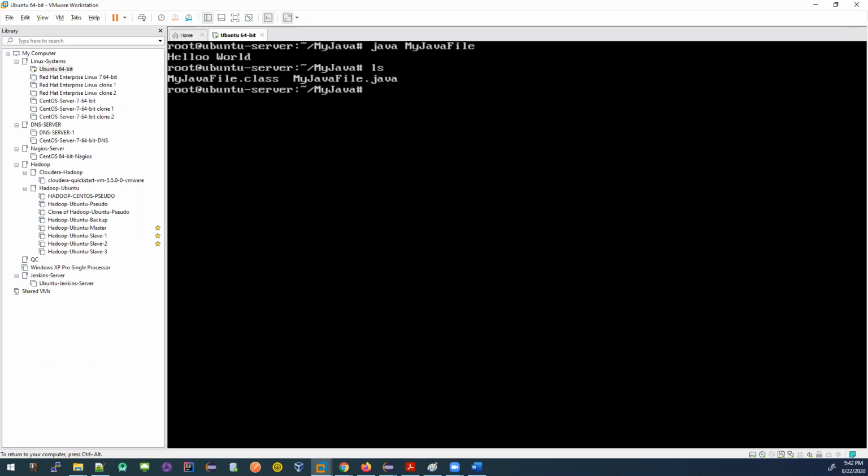Now javac is the command to compile source code, to create a bytecode, which has the extension .class. And java is the command that will execute. Now, who will help me to execute this? The Java virtual machine, already installed here. Then the Java interpreter comes into the picture, which is also a part of the Java virtual machine. It will read every single line written in that code and execute it and give me the output hello world.